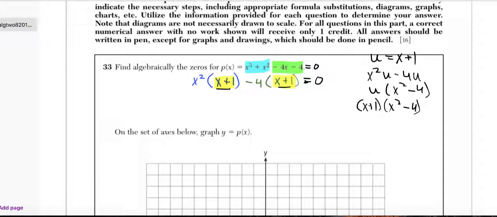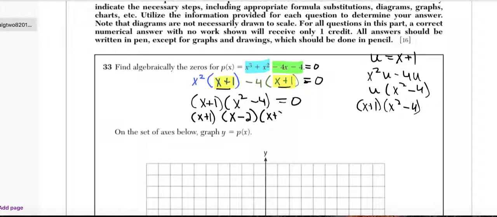This is our GCF. So it becomes x plus 1 times x squared minus 4, which is what I said equal to u, is equal to 0. Now, we could factor the x squared minus 4 further, so I'm going to do that. So I'm going to get x plus 1. The x squared minus 4 is a difference of squares that'll factor into x minus 2 and x plus 2 equals 0. If I set x plus 1 equals 0 and solve,